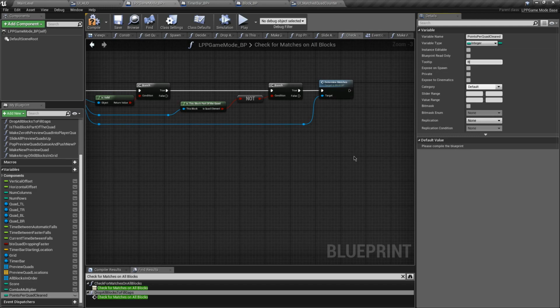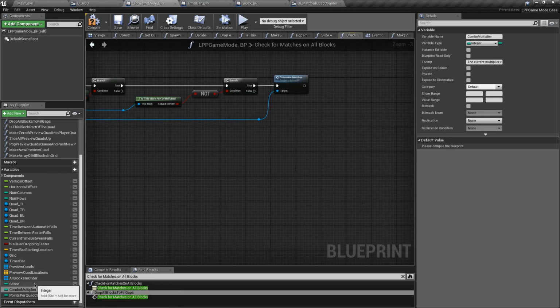So base value, base number of points awarded for clearing one 2x2 quad of highlighted blocks. And the score is just the current score value the player has, and this is the current multiplier as a result of maintaining a combo. Starts at 1x, maximum of 5x. So